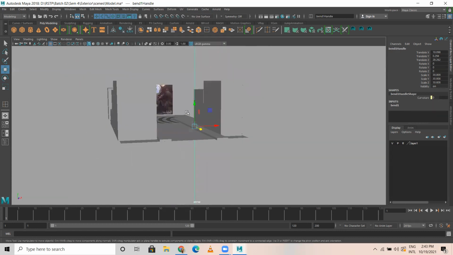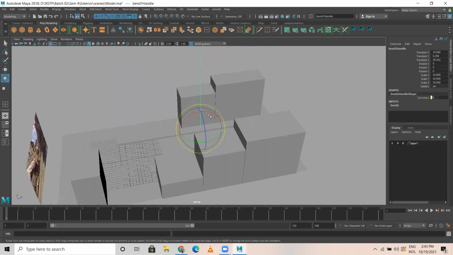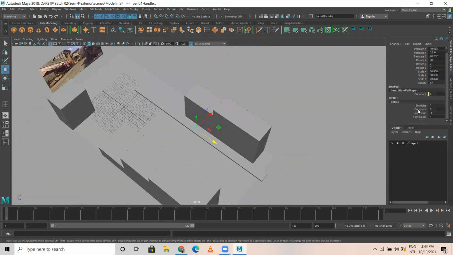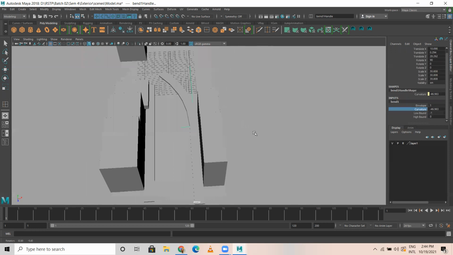And if you see, the bend is something like this. So what I do is I need to load this bend in this way. It is in 90-degree. Okay. Then in the bend option, check the curvature, how it is bending. Yeah, this is what we want. Okay. So this is a high bound and this is the low bound. So what I'm gonna do is low bound, I'm gonna make it 0. Okay, no. High bound, I'm gonna make it 0. Look, this is how we want.